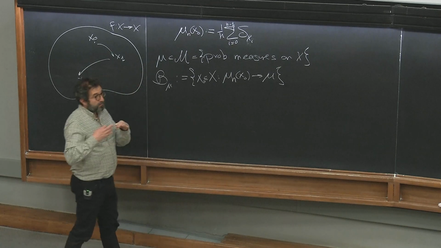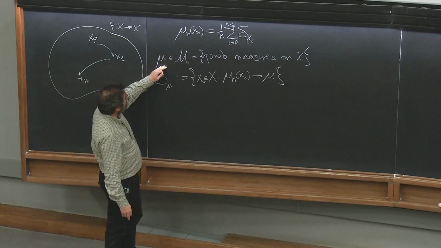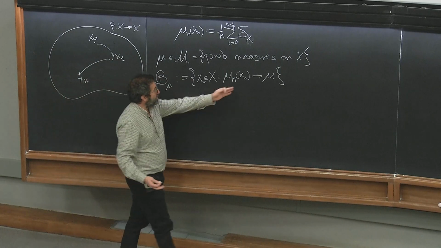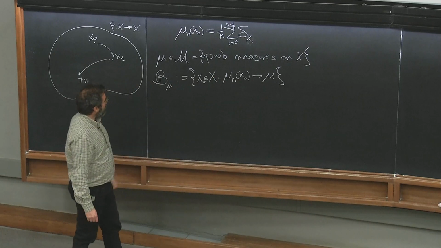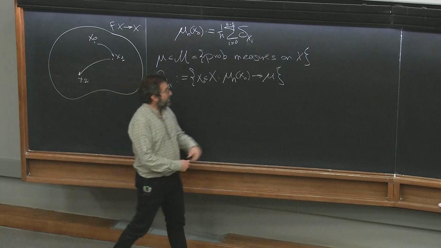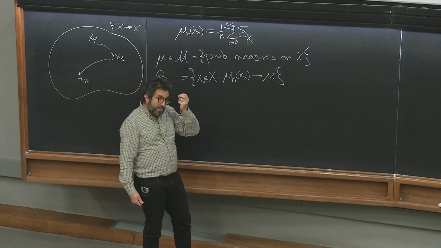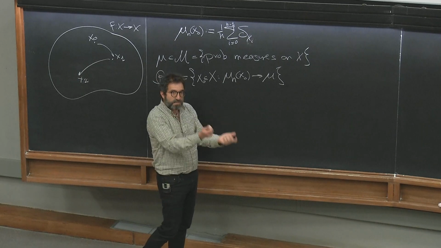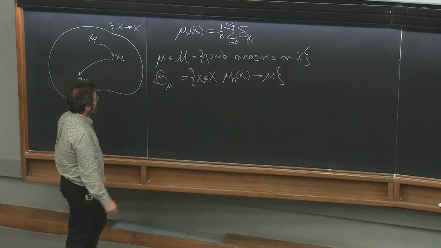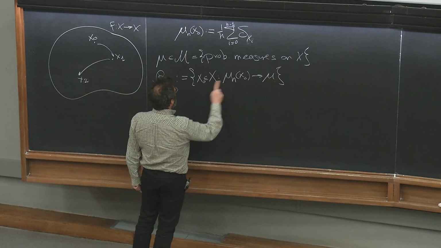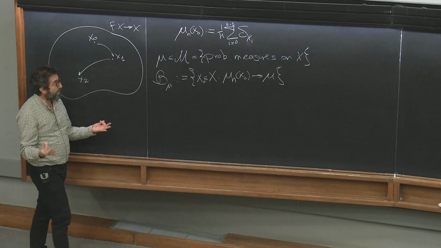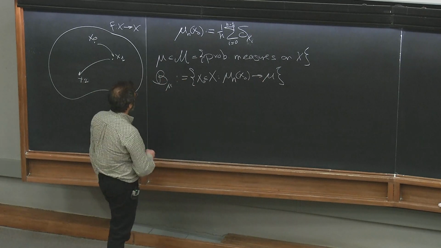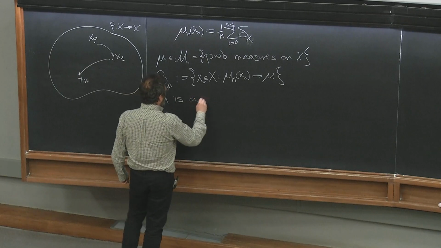Given such a probability measure, in general, this basin may be empty. There's no reason why, if you just take an arbitrary probability measure like the Dirac measure on this point, there should be initial conditions such that this sequence converges to this measure. But if there is, then this measure mu is telling you something about the dynamics of these initial conditions, about the orbits. It's telling you the statistics, asymptotically, of this initial condition. And so we're particularly interested when this basin is big, right? Because that means that this measure is important, because there are lots of initial conditions that are described by this measure. So we say that mu is a physical measure